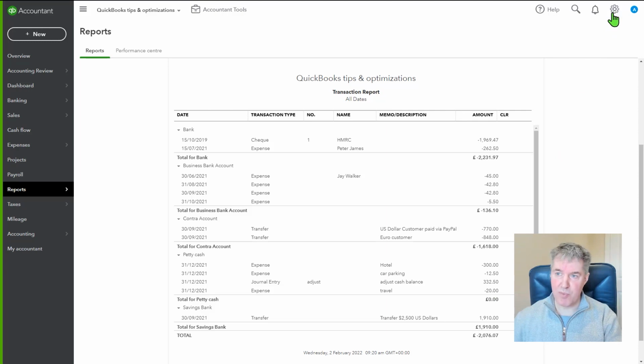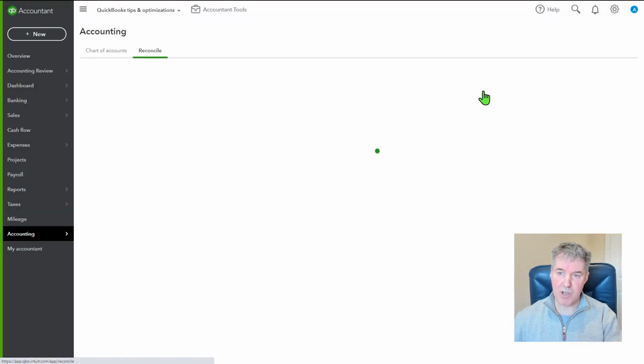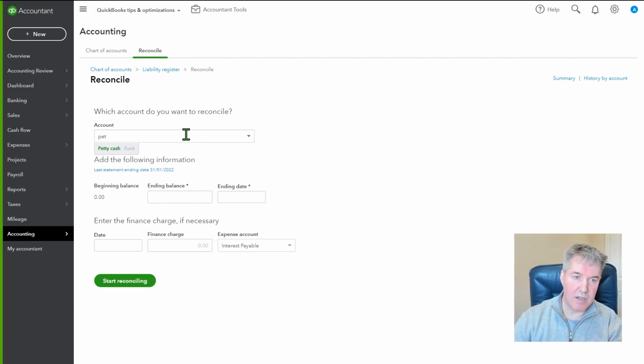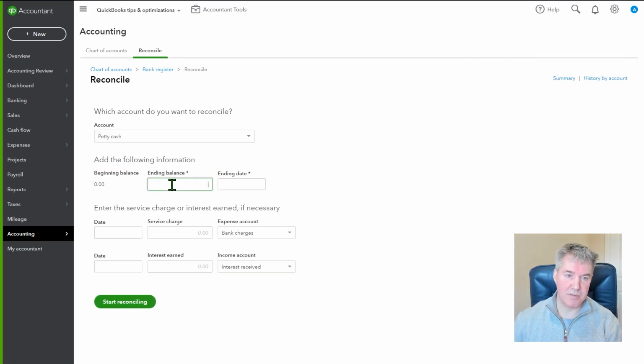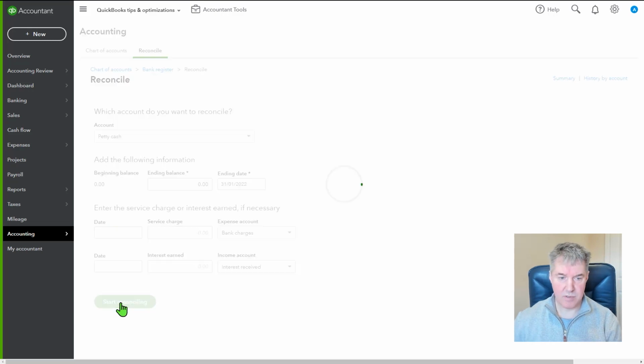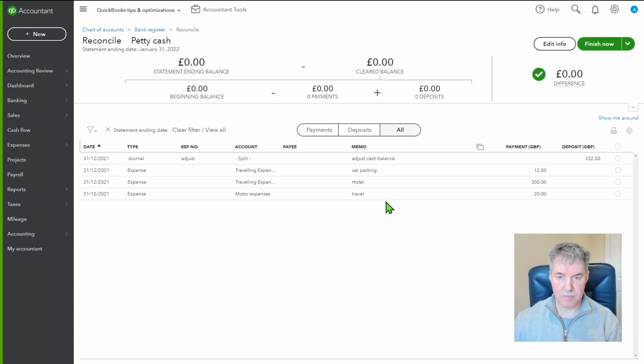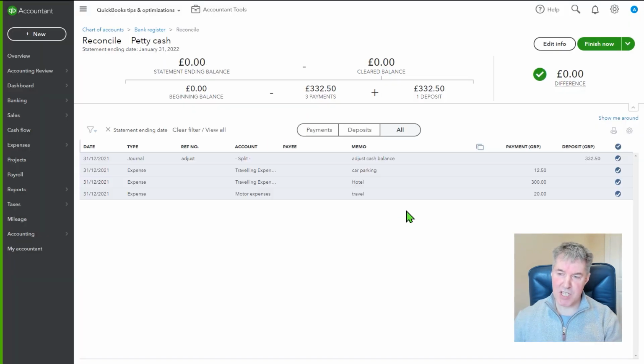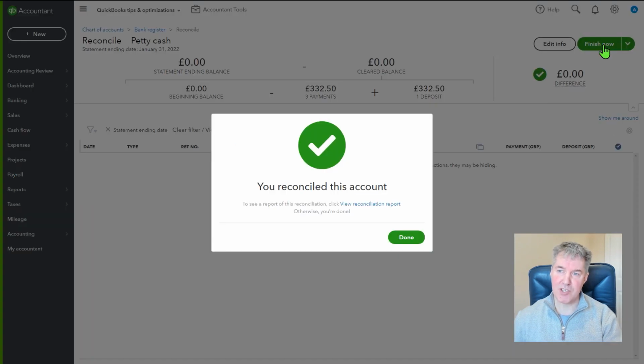So just as I did before, I can choose to reconcile and use my petty cash. I'll reconcile that to, say, the end of January. So those are my cash expenses that have been paid, and there's my adjustment where I've adjusted it to the director's loan account through a journal. So again, reconciling it back down to zero. So if I finish that